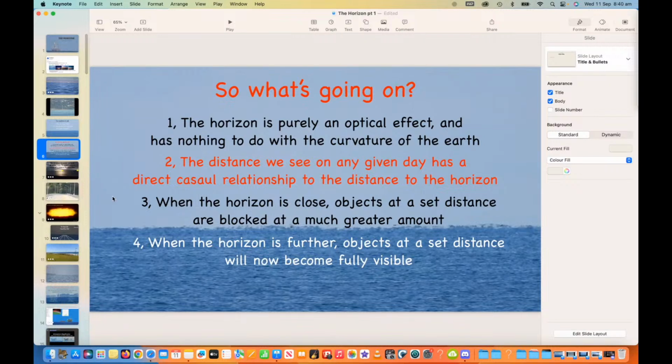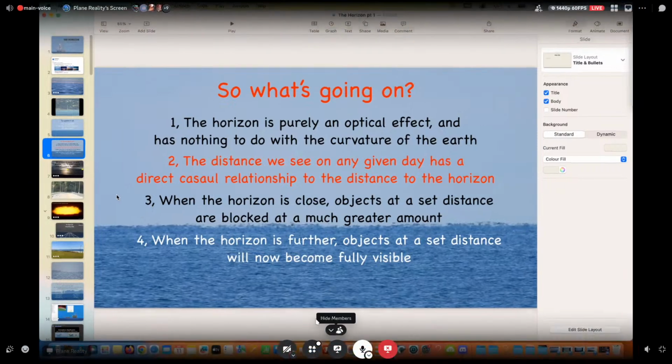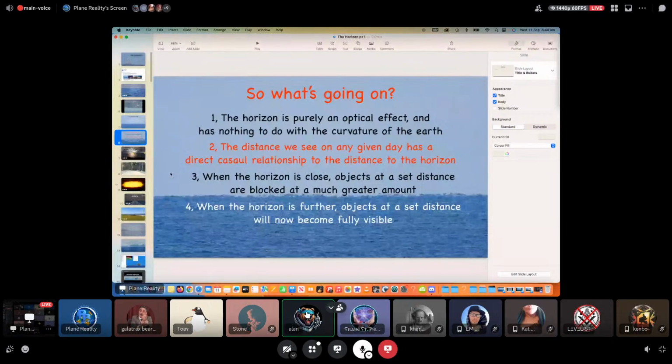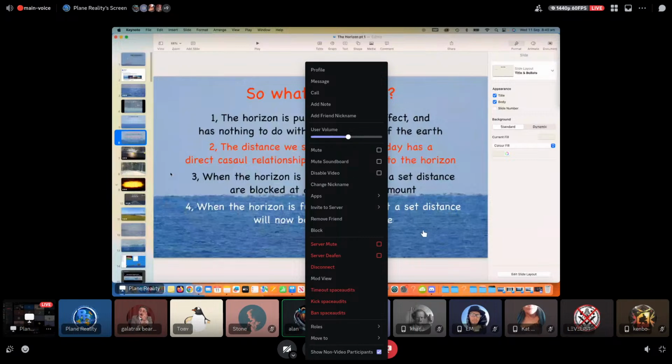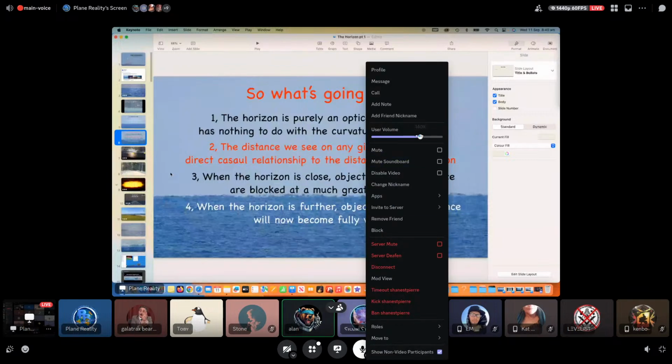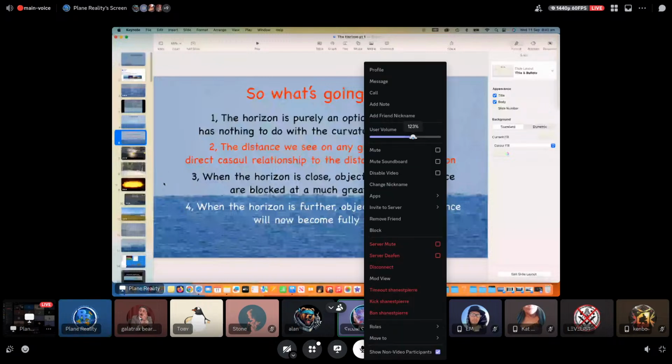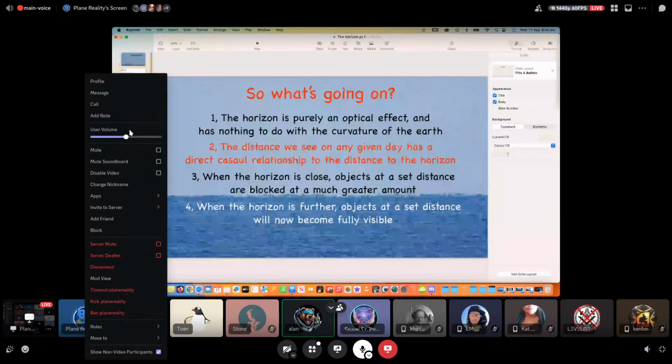I love this one. The horizon being apparent, right? If you ask a glober, they have to do this really weird dance of amalgamation of this. It's this physical optical thing that sometimes coexists, like particle wave duality, depending on how you're looking at it, right? One of the early things that I remember coming into the conversation, asking about the horizon and where exactly is the curvature, is I was always told, well, it's behind the horizon that you do see. What you do see is a function of that curvature, and it's like, what? The ridiculous gymnastics. It's optical, right? Right there in the definition as you started, where it appears to meet, right? Done. They're like, no, but it's physical sometimes. Yeah, sometimes, apparently.